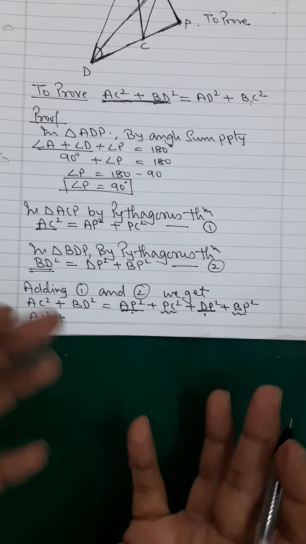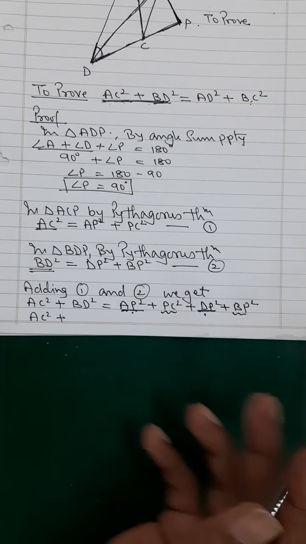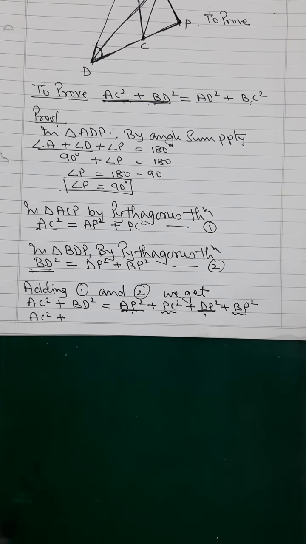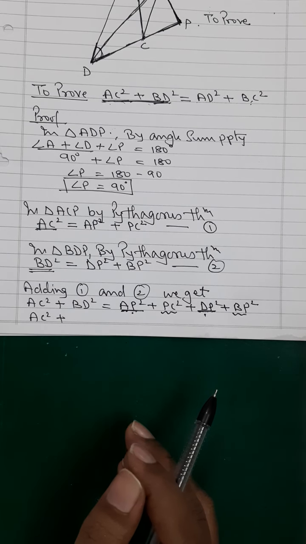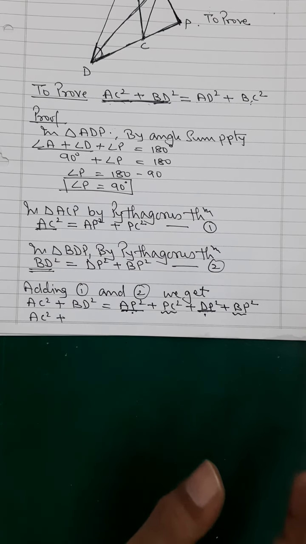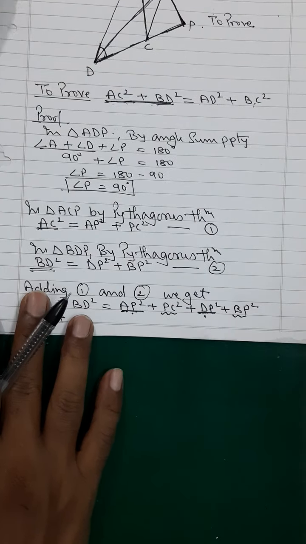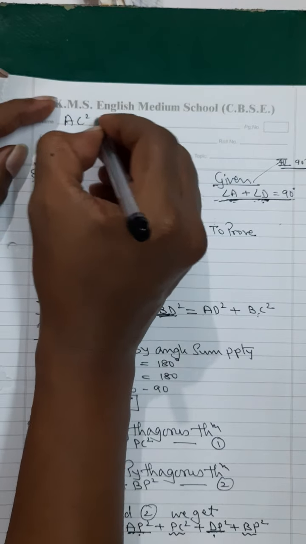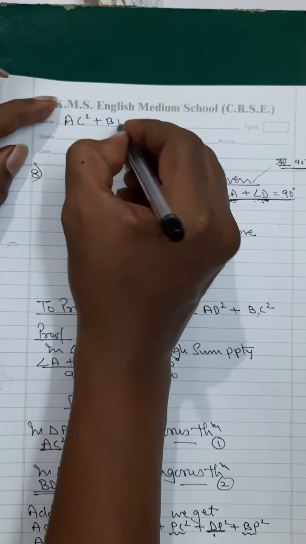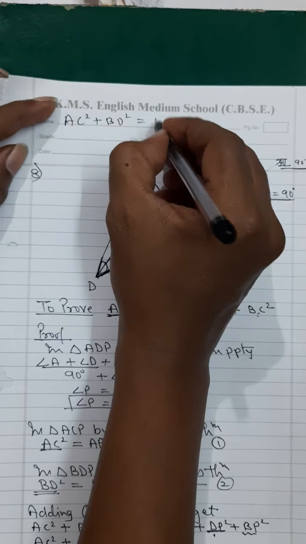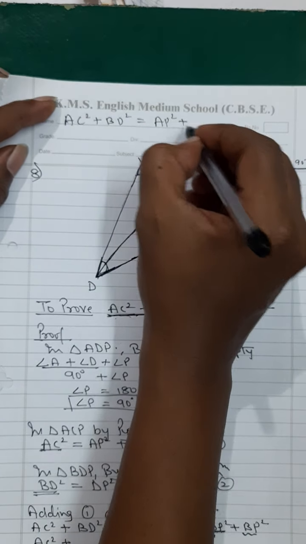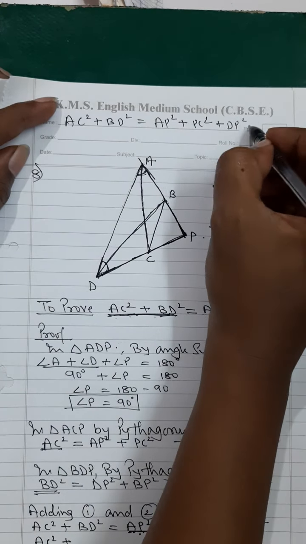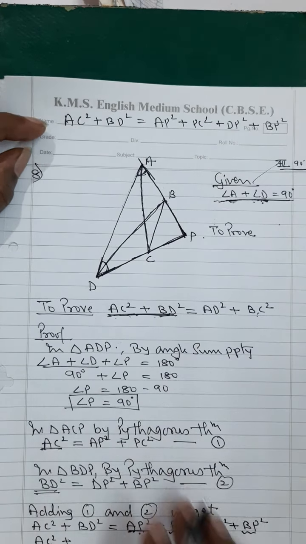It is not necessary that this clicks for you. Now you will think, why did sir take AP square and DP square? Why not AP square and BP square? Are you getting my point? Please don't get confused. Anything is possible. If I go this way, you will have multiple questions; if I go that way, again you will have multiple questions. But whichever way you go, things are not going to change. It is up to you which track you follow.